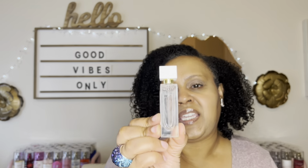And I feel like after I use it up, I'm going to say yes, because again, it's just one of those, you smell good, not a perfume. You just smell like clean, pretty, fresh, relaxing, musky. You just smell good. So I do like this one. I don't foresee myself going, oh, I really don't want a full bottle now after I use it. So I'm thinking this is going to be a yes after I finish up this little travel size spray of white tea. So the next one in that set is white tea